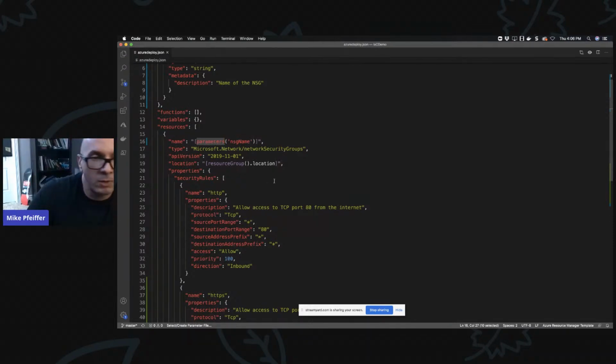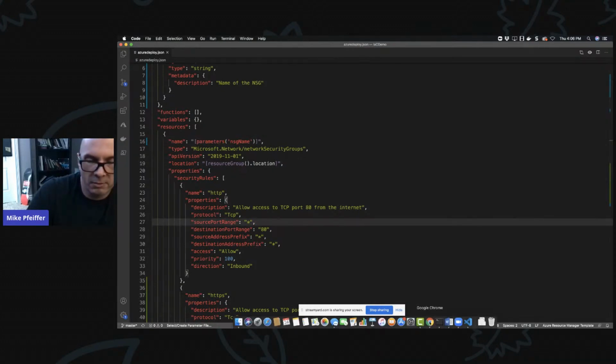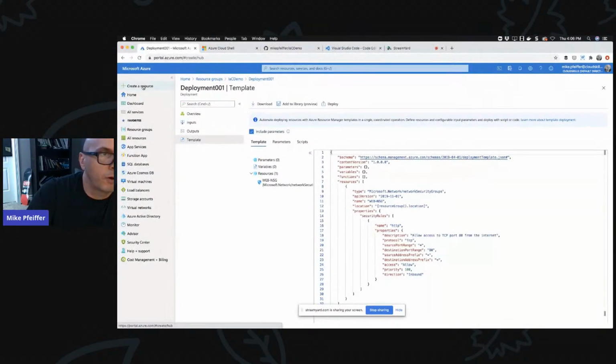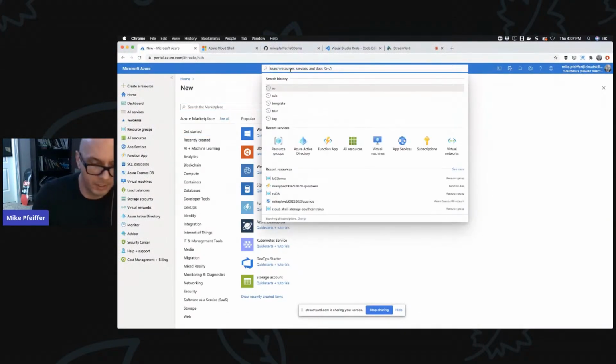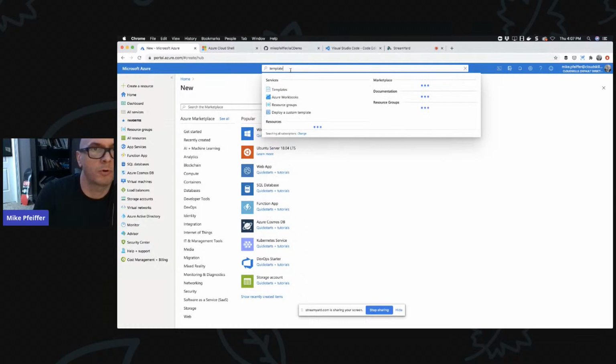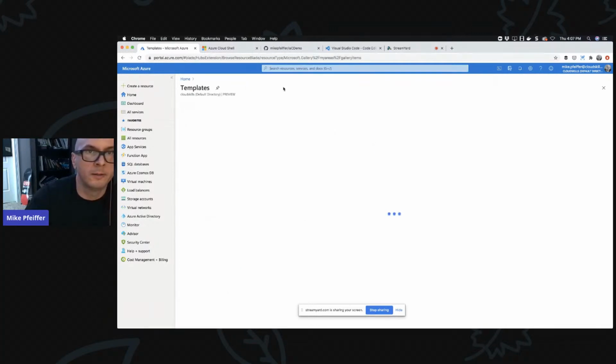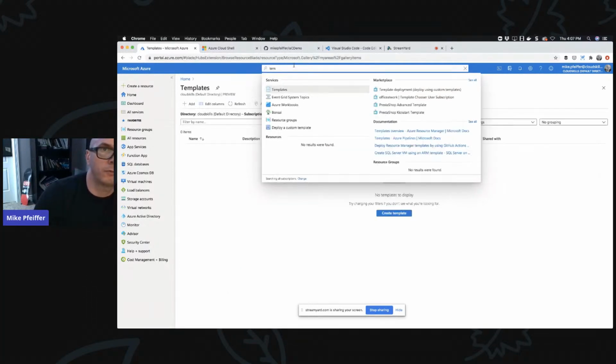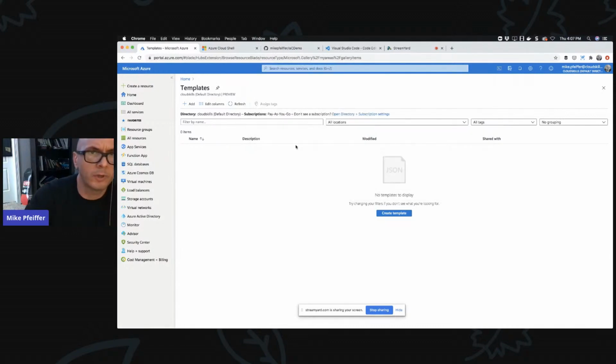Also, you might want to launch these interactively. There's a couple of neat tricks for that. So check it out. So number one, this isn't the neat part. Let me show you this anyways. I'll show you something better. Templates, search the portal for templates, right? Or actually look for template, deploy a custom template.